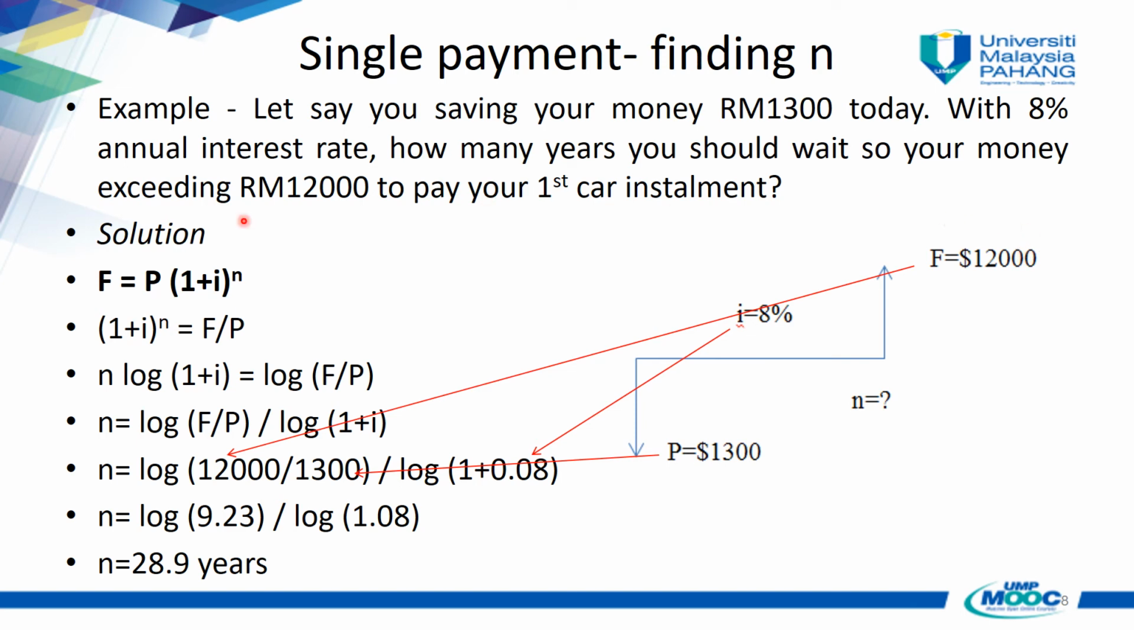Okay, how many years do you need to wait? So the solution is based on F equivalent to P multiplied by 1 plus I to the power n, so we just take n to become our equivalent formula: n equals log of F over P divided by log of 1 plus I, and then we insert all of these values. F is 12,000, P is 1,300 ringgit, and I, the interest rate of 8%, is equivalent to 0.08, and then you will see that n is log of 9.23 divided by log 1.08, and we'll see that we need 28.9 years